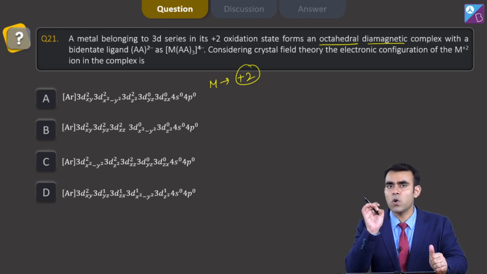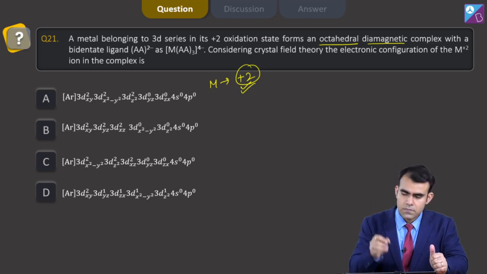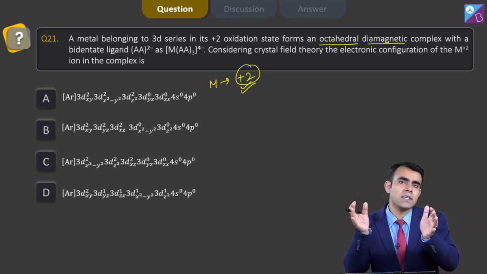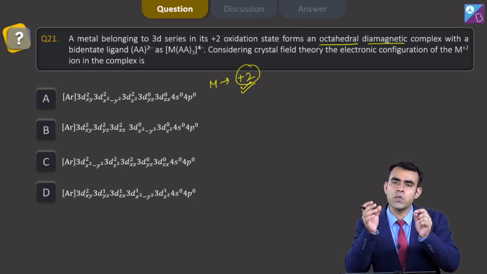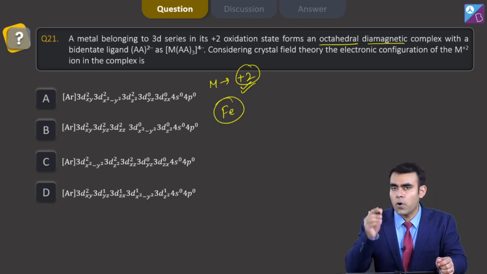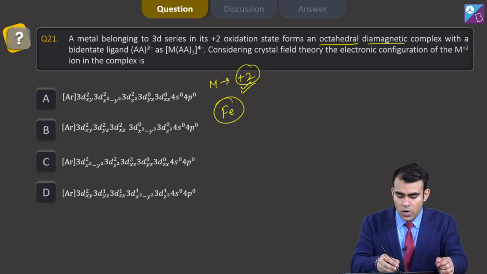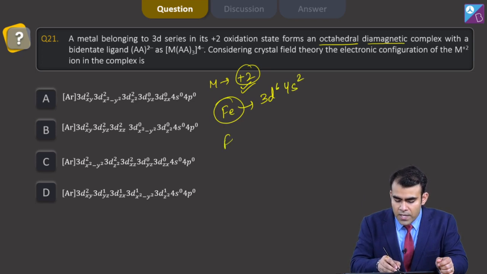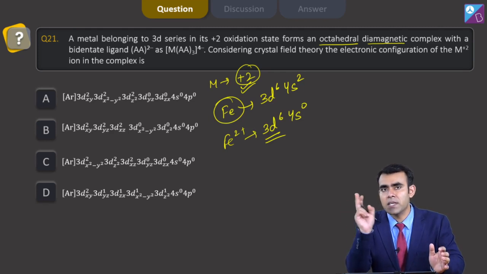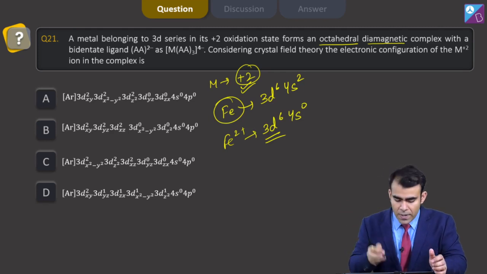Now +2 oxidation state, and it is diamagnetic. It means the pairing has happened, and if pairing has happened, you can say that the element we are talking about is iron, because iron is 3d6 4s2, and in +2 oxidation state I can write iron as 3d6 4s0, and when we have a strong field ligand, then pairing happens and we get a diamagnetic complex. So